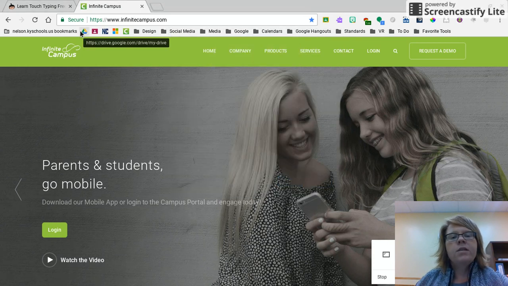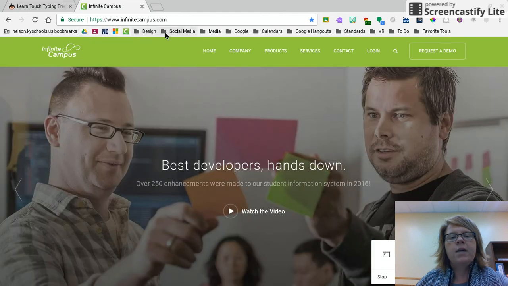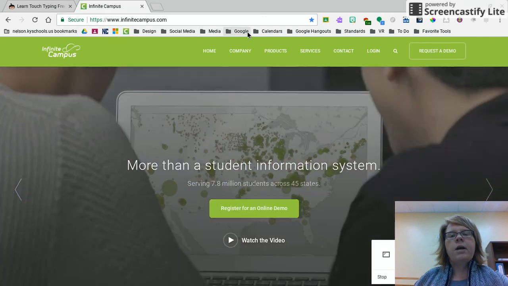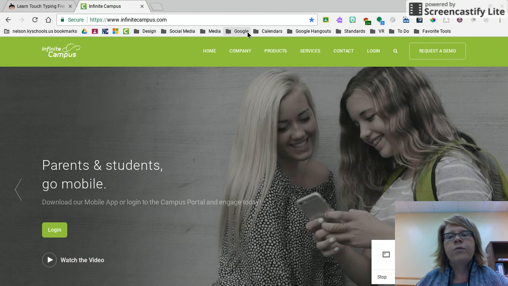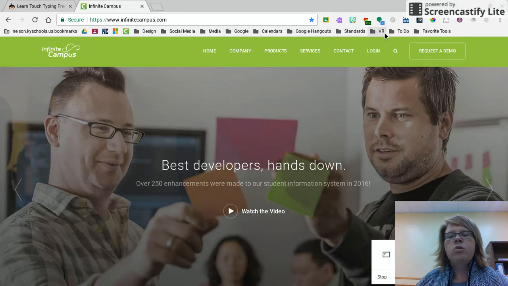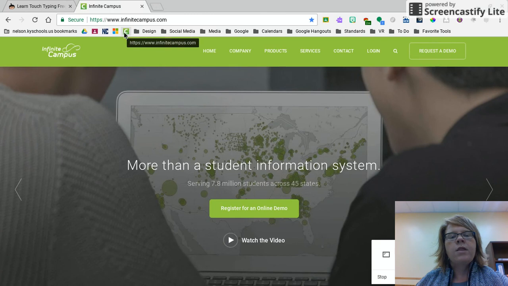So that's just, like I said, a quick and easy way to organize and be more efficient as you are integrating technology in your classroom, and as your students are even visiting the pages. This Bookmarks bar will travel with you as you sign into Chrome. That's a really nice feature, so you don't have to go looking for that website. It will be here no matter what device you sign in on, as long as you are signed into Chrome. So that is a real quick tutorial of how to use the Bookmarks bar